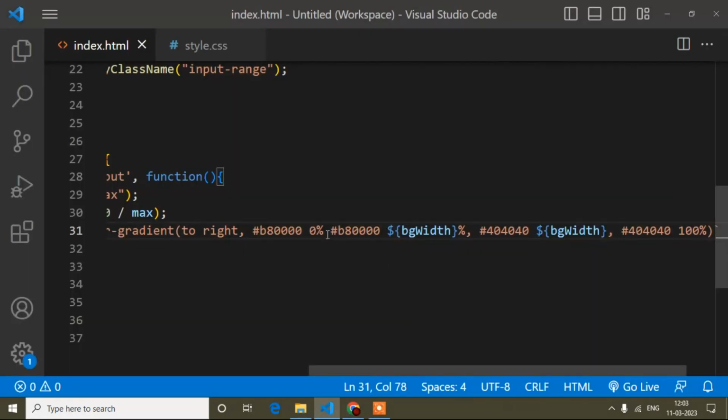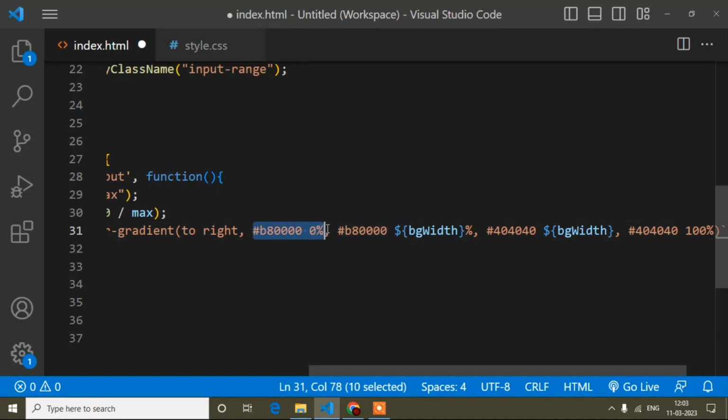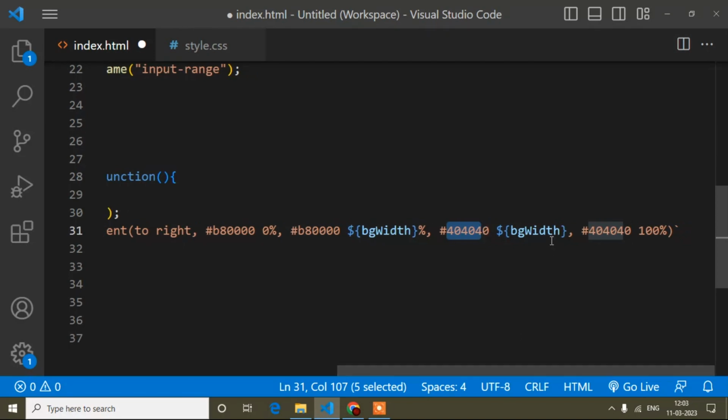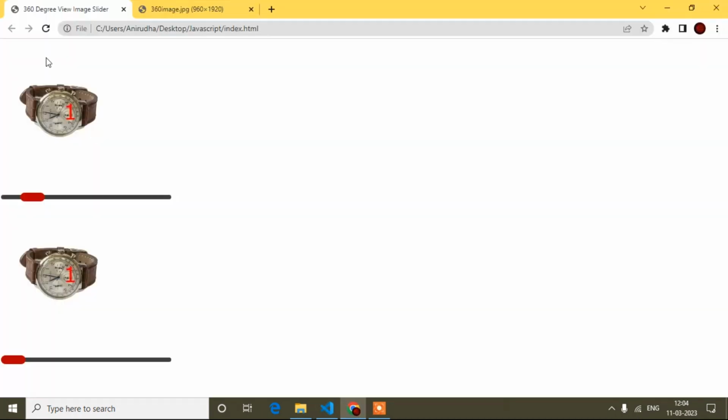So here I have to write a comma, meaning this is a separate thing: it will come from 0 and go up to how much width it will cover, and after that the part not covered is fine. But here I did wrong: I did not add the percent, because we move by percent, right? Now you will find it works.